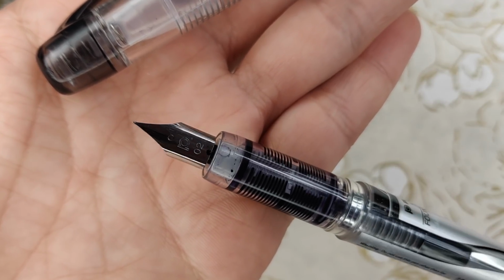Especially, I just really love how fine it is and how precise it can be when drawing. So even though it is the cheapest and one of the first pens I ever got, it is one of the absolutely most used ones. I love it. At this point, I was already researching more about different fountain pen companies and brands and everything,